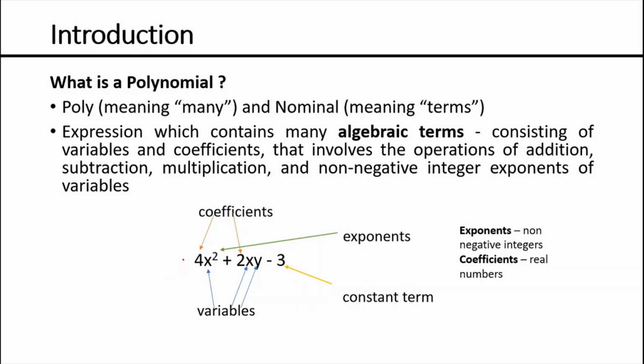So the coefficients here, in our example, are 4 and 2. However, these coefficients can only be real numbers, they cannot be imaginary. Now coming to the reason why we have not included division here in the definition. Because if we are taking the variable terms in division, their power or exponent won't remain non-negative integers. If I am writing a simple term of 1 upon x, it means x here is having a power of -1 and hence it is negative. That's why these variables are not appearing in the division.